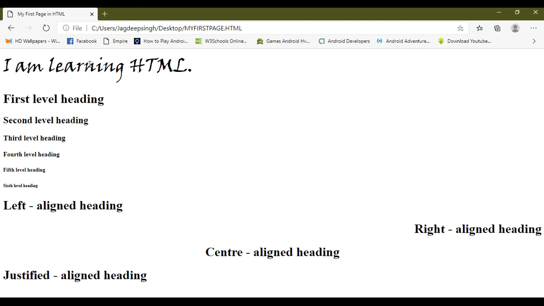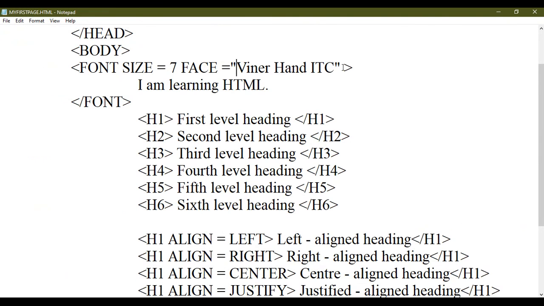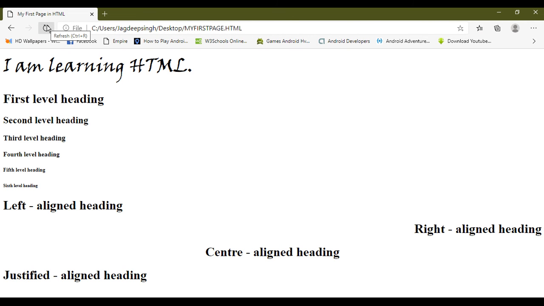The third attribute of font is font color. So you can use any color with the color attribute of the font element. For example, red. Save your HTML code in the notepad or in text editor and reopen it with the help of Internet Explorer. Refresh it or reopen it.